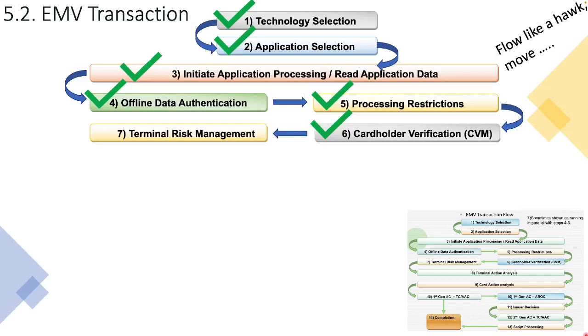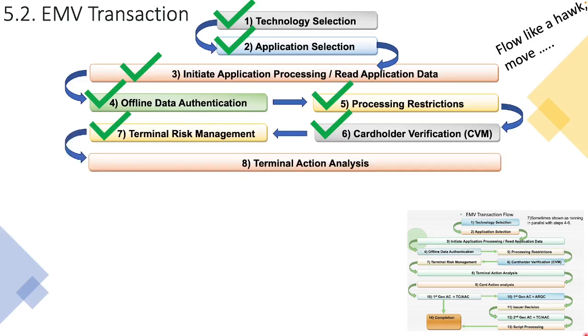We then went into a phase called terminal risk management, where we checked a handful of items just to assess the risk of the transaction. And this was in the last video, which brings us through to today's video, which is terminal action